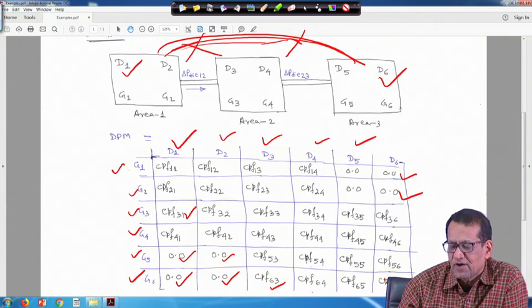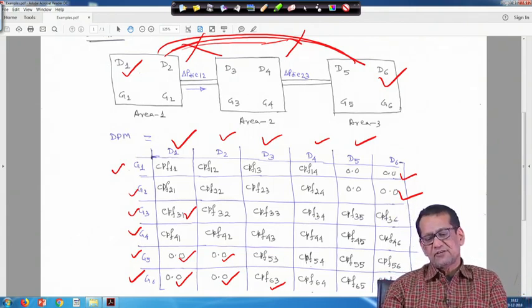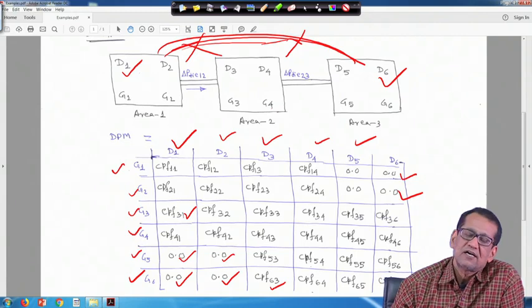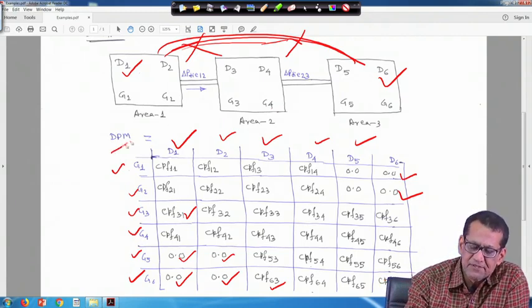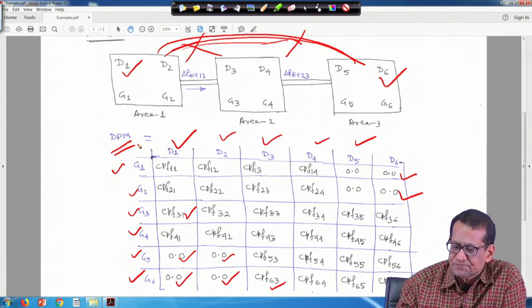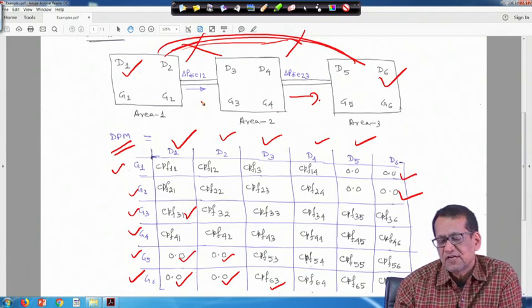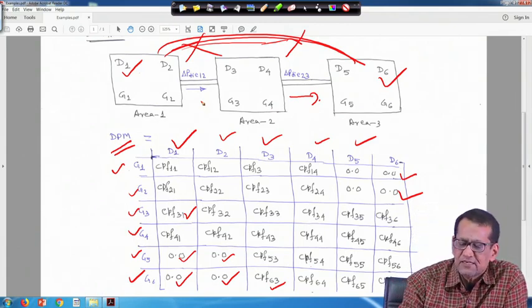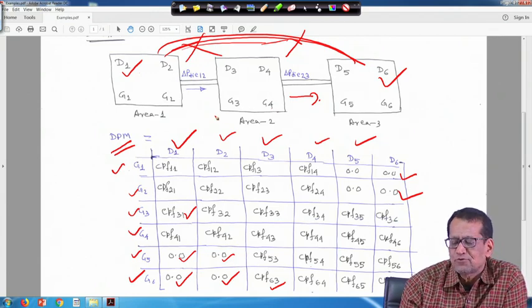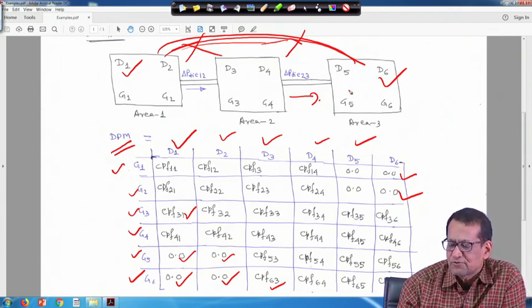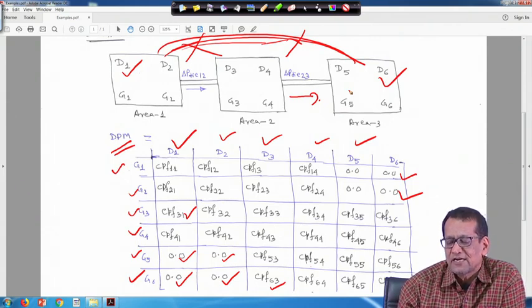So, this is how to form, for a longitudinal system, the DISCO participation matrix. This is actually DPM, right. Now, similarly, the delta P tie 1 2, that is the scheduled tie line power flow, you can easily compute, because here all are there. Similarly, delta P tie 2 3 also you can easily compute, right. The way I have told you, same philosophy, you can easily compute the delta P tie 1 2 schedule value and delta P tie 2 3 schedule value, right.